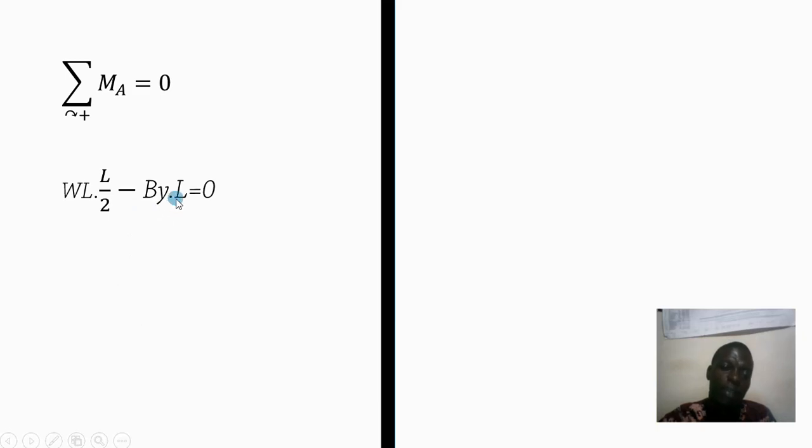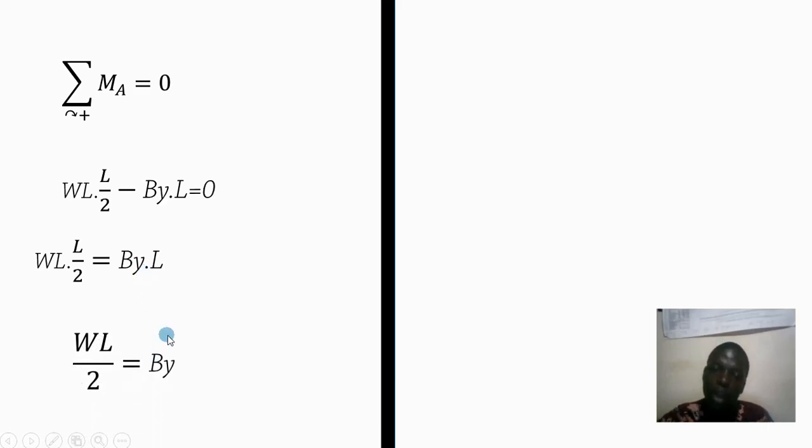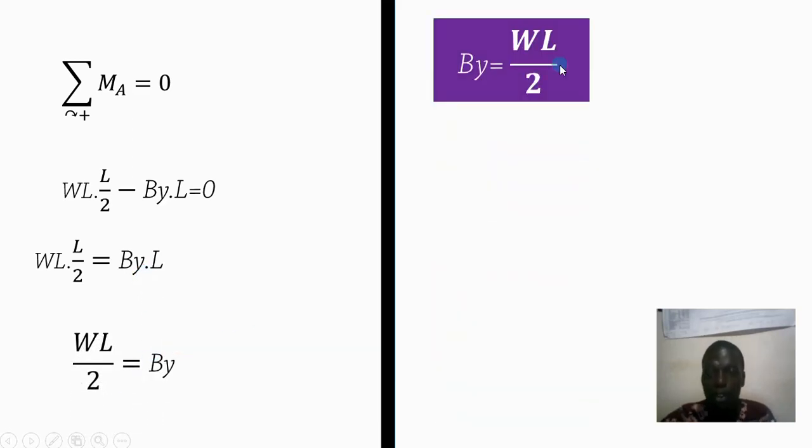Then minus, because we have By on the other side at a distance L from A, so it will be minus By times L equals 0. Now, of course, we are required to find By, and By is going to equal WL